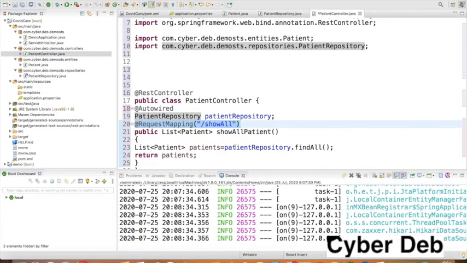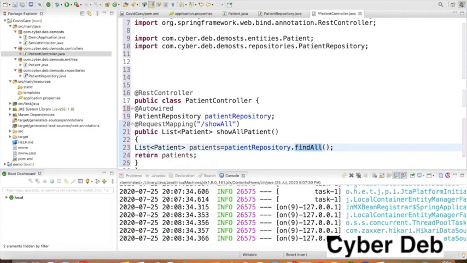What we have done inside it, this patient repository which we have injected into this controller with the help of the Autowired annotation, we call a predefined method which is there in the JPA repository, findAll. Whatever data we keep inside our patient table, all the records are going to be available as objects of patient, and it will return them as a list.